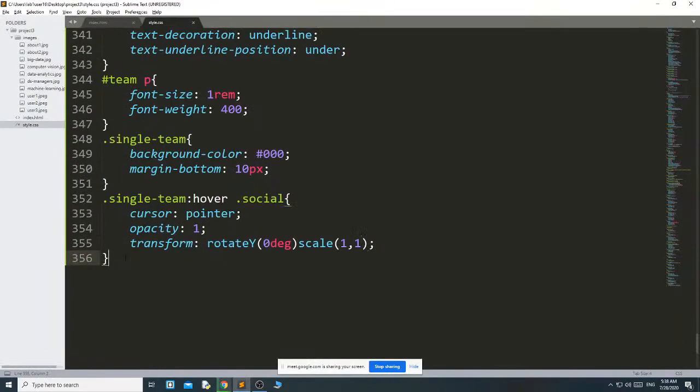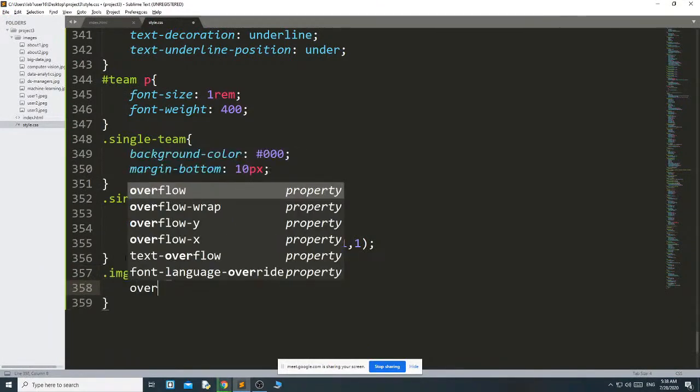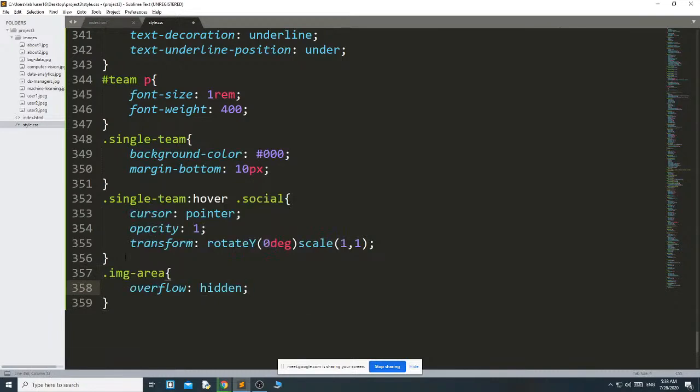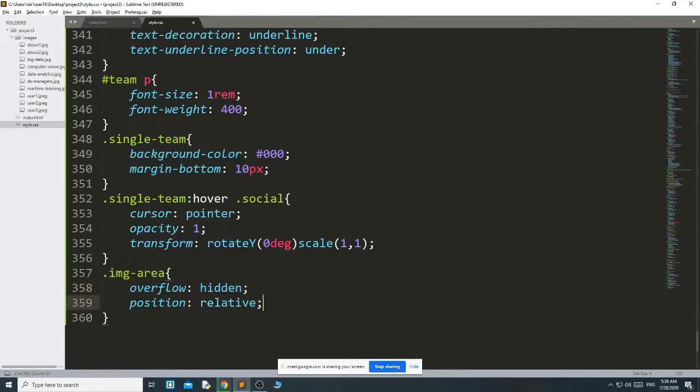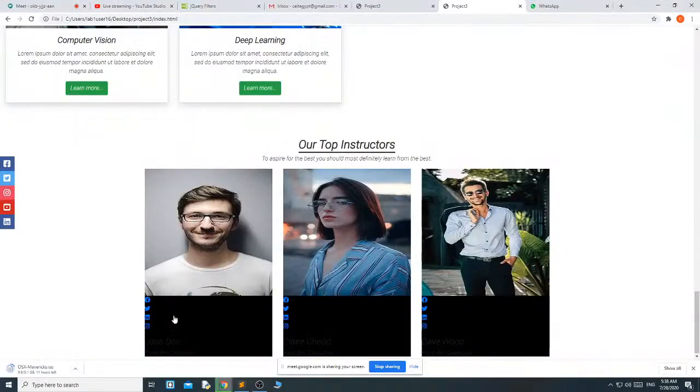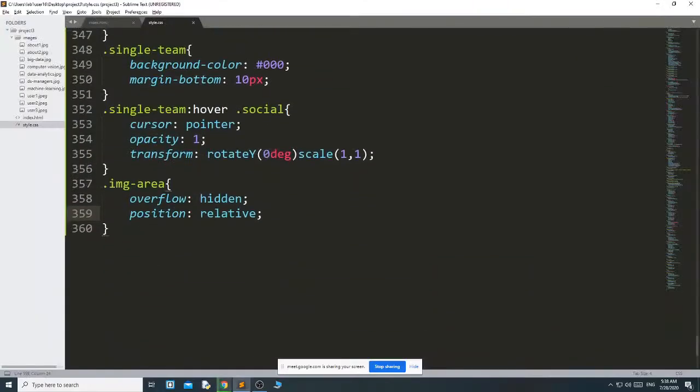Then dot image-area, overflow hidden, position relative. Why position relative? Because I want to keep these social icons above this. That's why make sure this position is relative and this position is absolute.